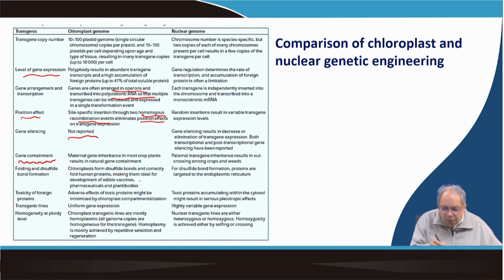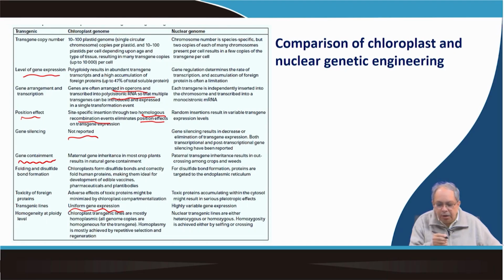Whereas in the case of nuclear transformation, you have to target that particular protein towards the endoplasmic reticulum. That means a signal peptide sequence has to be added, and you have to make sure that the protein goes inside and does not come out. Therefore, certain modifications need to be made in the construct itself. The transgenic lines also show uniform gene expression. So these are the many advantages of chloroplast genetic engineering if you compare it with